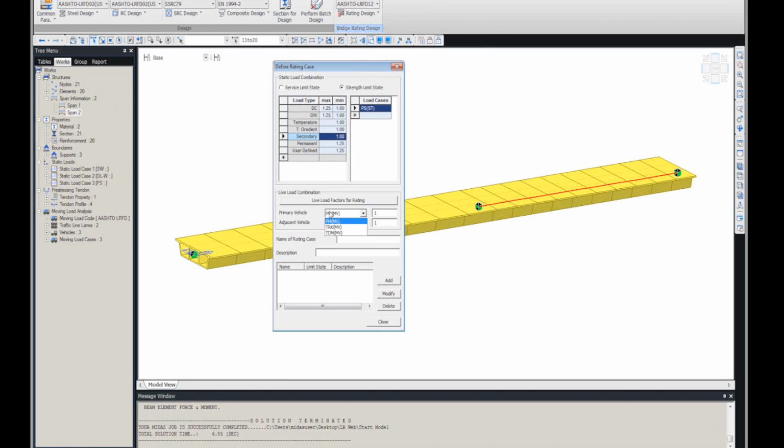And then for the primary vehicle, the primary vehicle will be the permit vehicle. We are giving the factor of 1. We can give the 1.75, and then for the adjacent lane we can go with the truck and 1.5, 1.1. Okay, and the name I call it strength